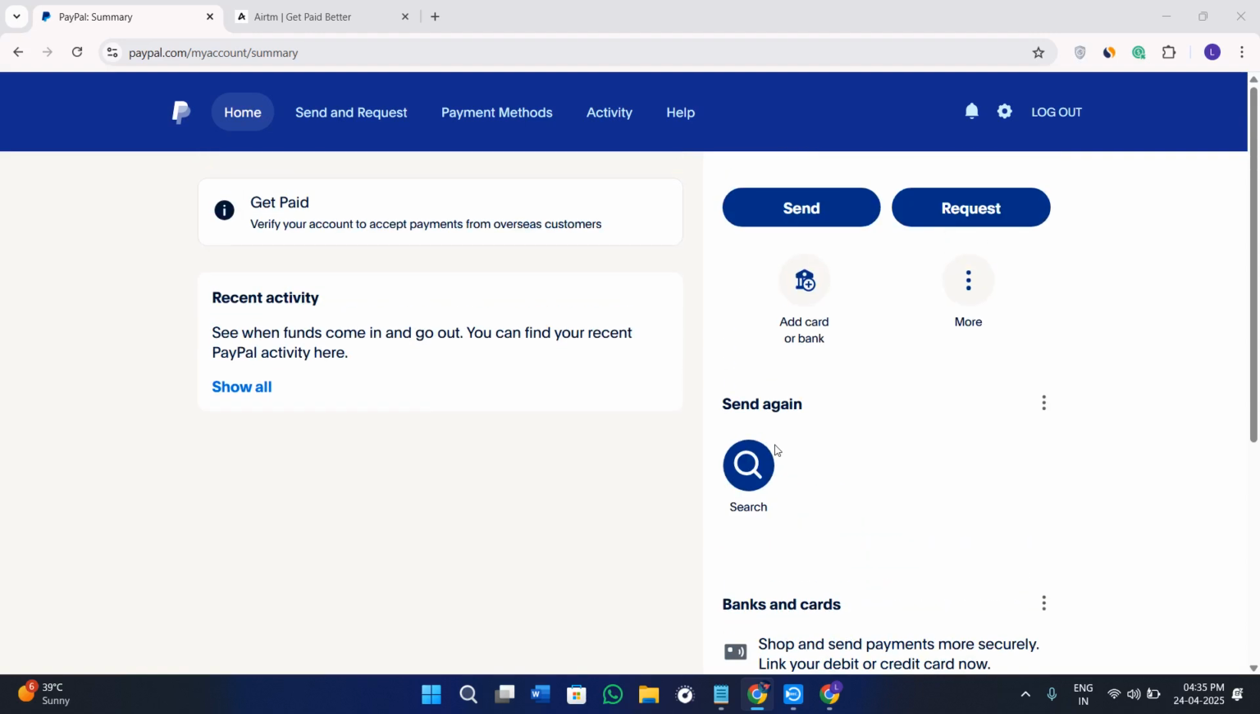In this video, I'm going to show you how to transfer money from PayPal without any fees. So first of all, you will have to open your PayPal account and then you just have to simply log in to your account. Then here by default, you will be on the home page, but you need to click